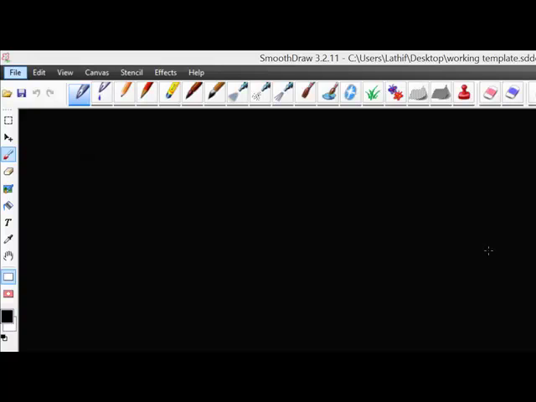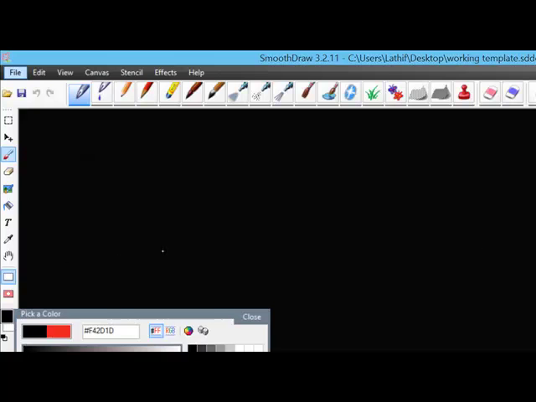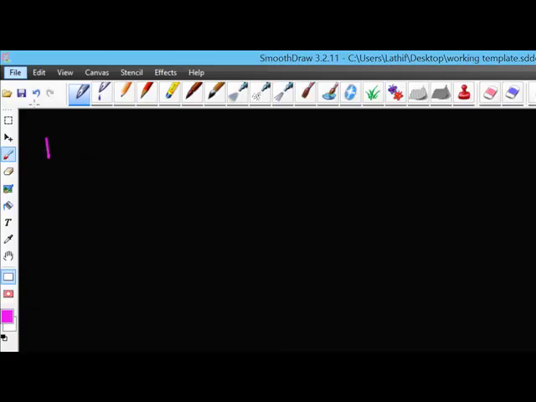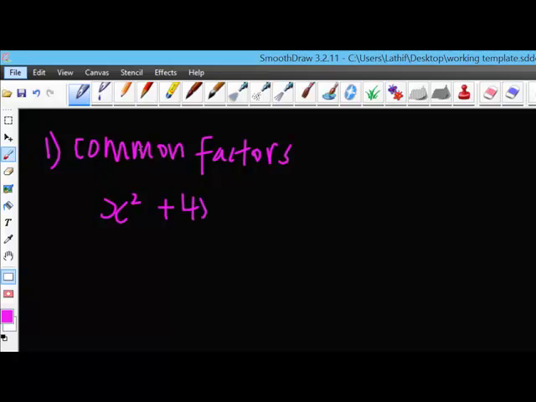So three things. First, when we want to factorize, we always check whether there are any common factors in the expression. For example, we have x squared plus 4x. If you realize both terms have a common x, so we'll factorize x out and we'll get x plus 4. Secondly,